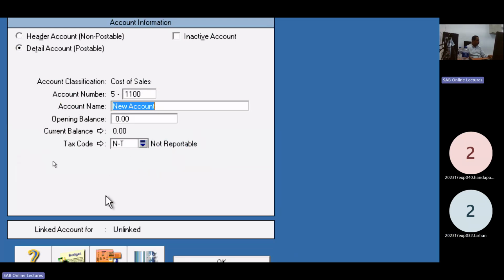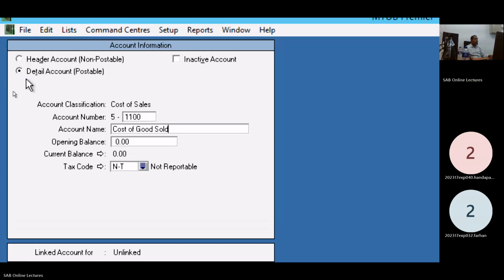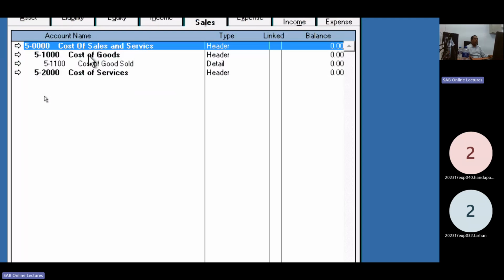New account for cost of goods sold. Detail account, not reportable on tax. Now look at it. Under the cost of goods sold, set the cost of goods sold account.